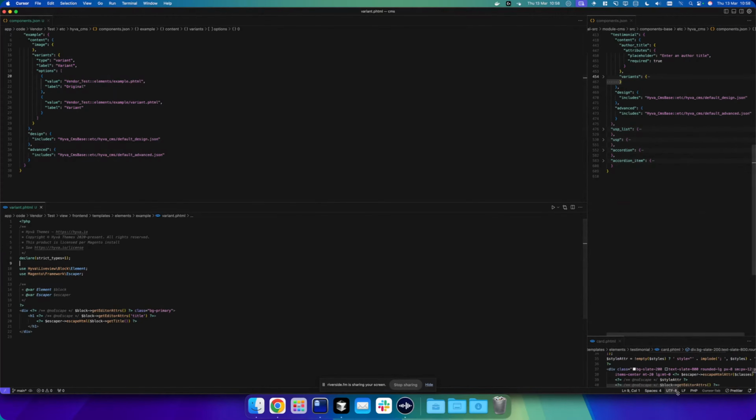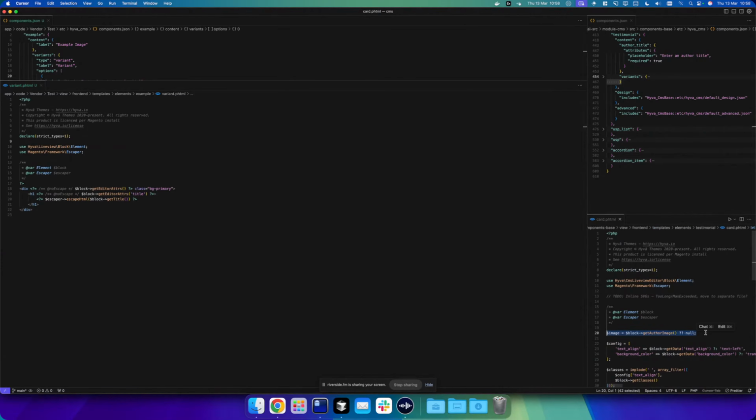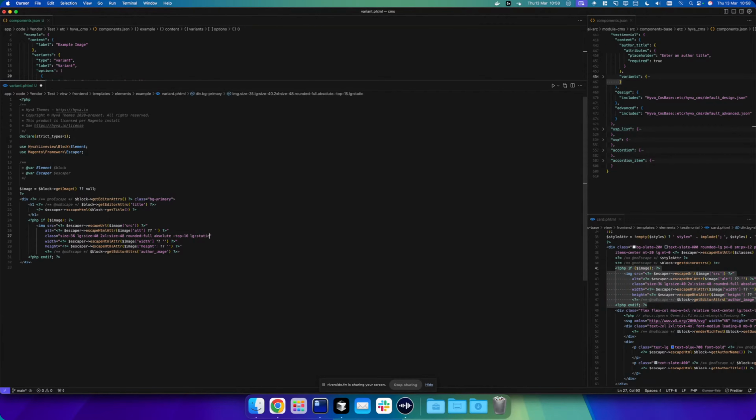So what's next? Let's get the image. Let's copy something from a different file. Let's say get image, and in our scenario, it's get image, not get author image. Then copy that image section. So if we're getting an image, here's all the settings, here's all we need. Probably don't need all of those classes. Let's just set these different sizes. I do like the rounded full as well. That's kind of nice.